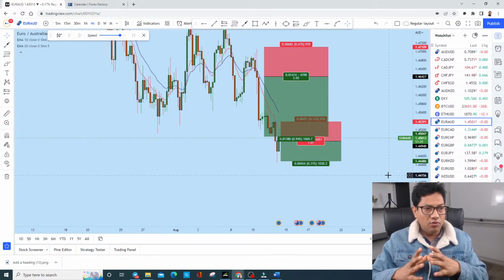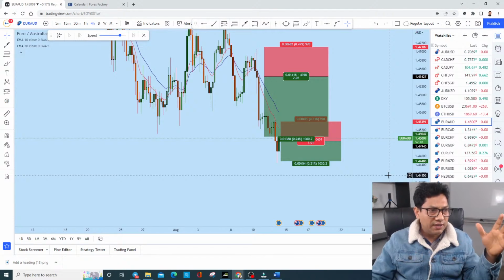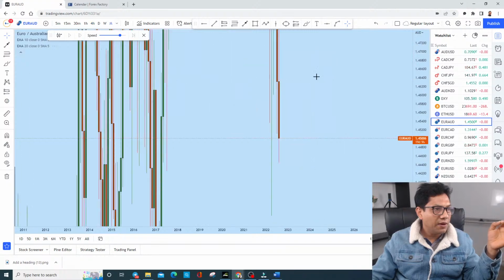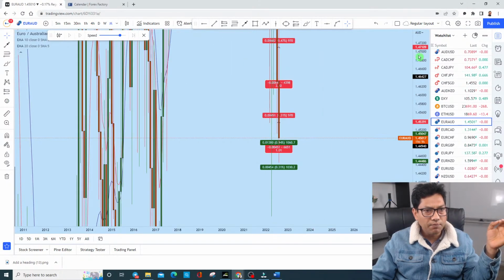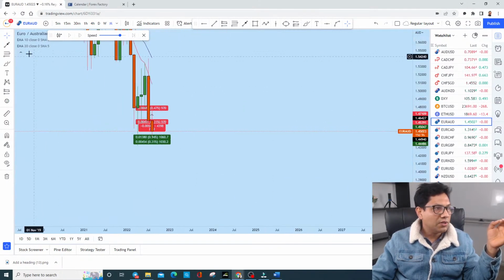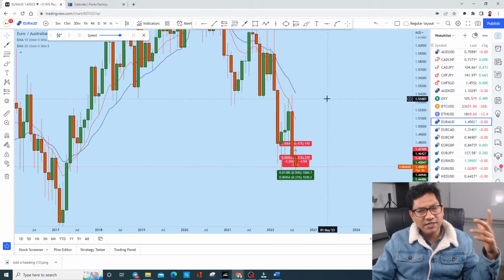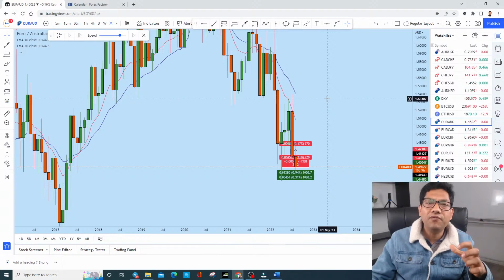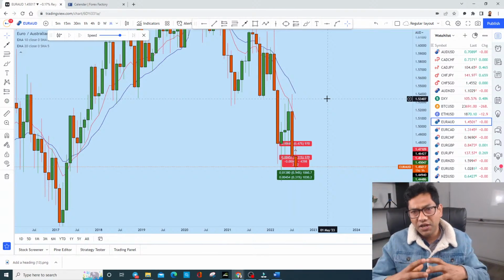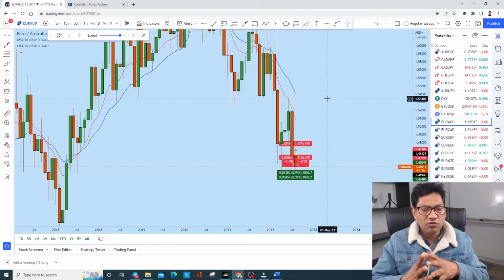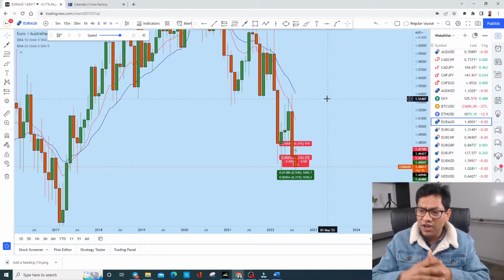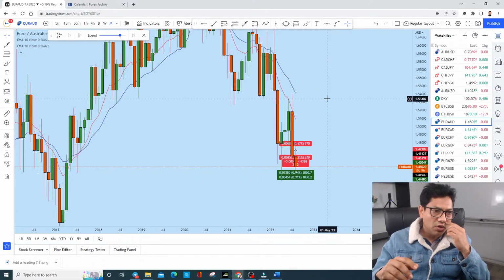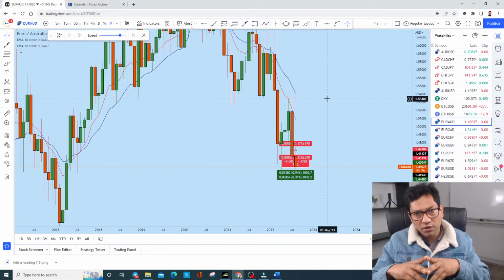Now if you look at Euro AUD from the bigger picture, the monthly perspective, you can see there was a monthly bearish angle. Guys and girls, keep in mind, multi-time frame is the key. Always look at the bigger picture to see the trade. Sometimes you might think, I'll be trading on the 4-hour or maybe hourly, so why should I look at the weekly or monthly? The reason is the flow is very important.